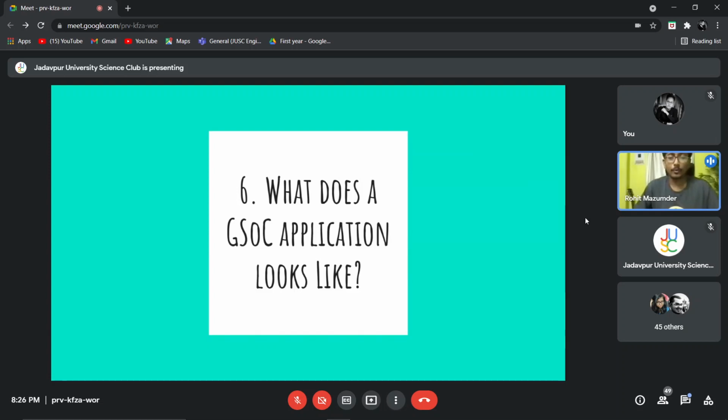In Google Summer of Code, the application is known as the proposal document. This is a document which you send to Google, and then Google forwards it to us. This document should contain everything you want to convey. You want to make your case for us that yes, select me for this. That is known as the proposal document. Here are some of the things present in it. So if we can shift over to the next slide.